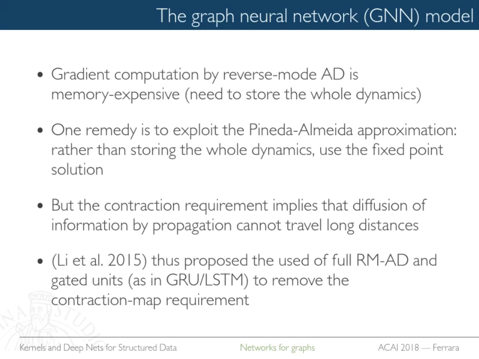So here, other people have proposed, for example, to use gated units. You know what gated units are? How many of you know long short-term memories? All right. Why did people invent long short-term memories? To solve the long-term dependencies problem in recurrent neural networks, to get good gradients. And it's the same story here. We apply these gated networks and remove the contraction requirement. Actually, the contraction requirement is not really necessary, but that was only understood a bit later on in time.